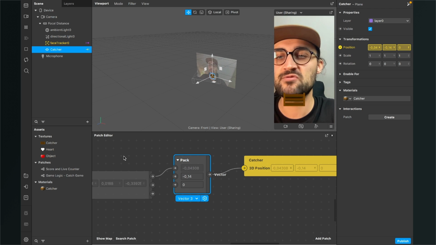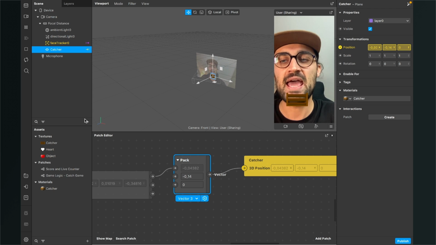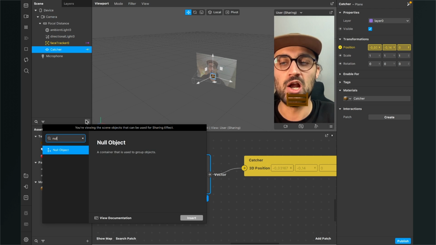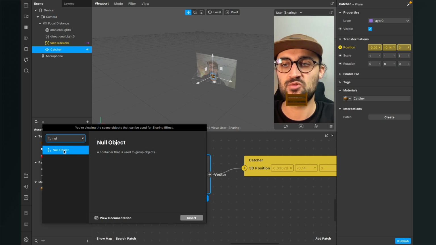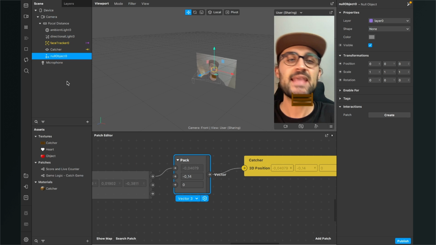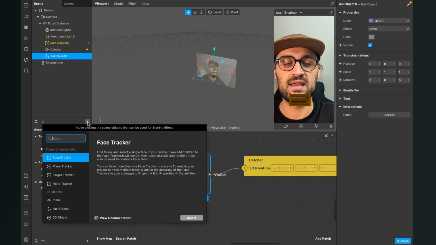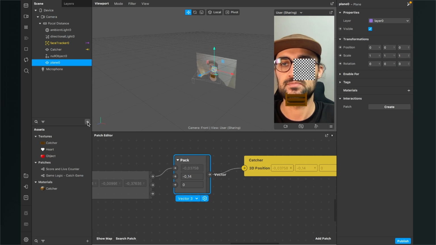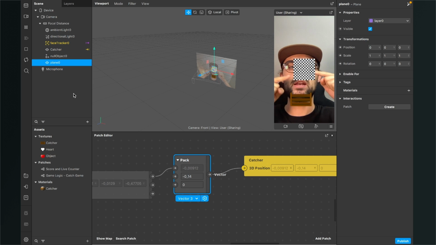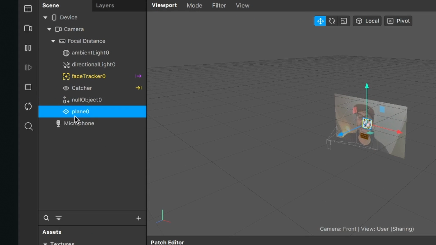So the next step is for this that we go to our scene and we create a null object. This is very helpful, but we will see this later. So just create a null object. Then the next step is to create another plane object. So now we have this plane object here, and now we will drag and drop the plane 0 into the null object. I will also rename the null object to lives, and the plane 0 will be